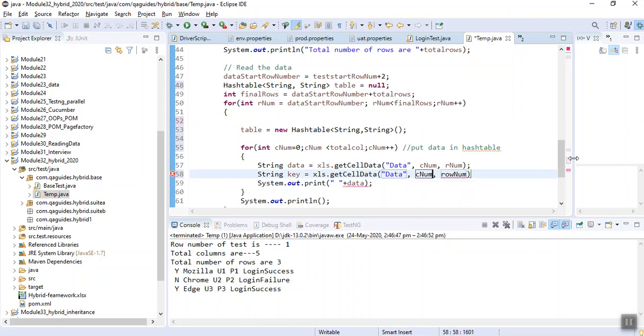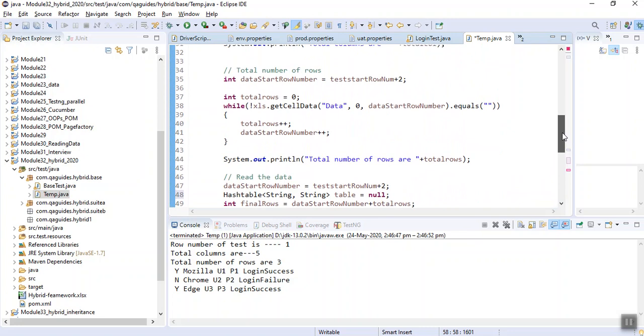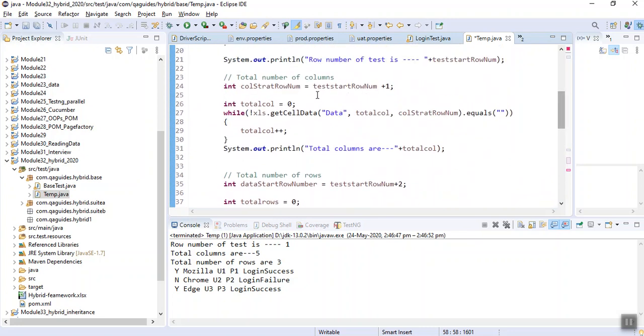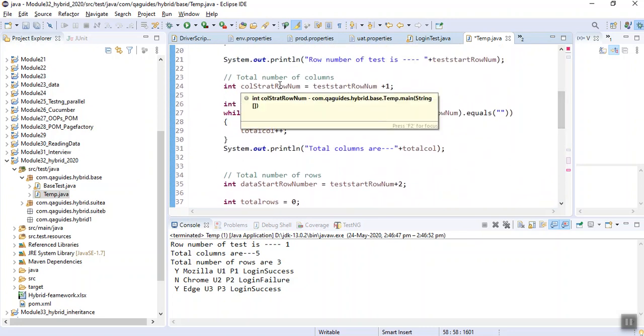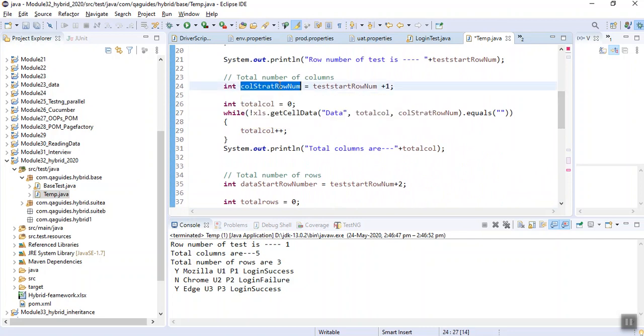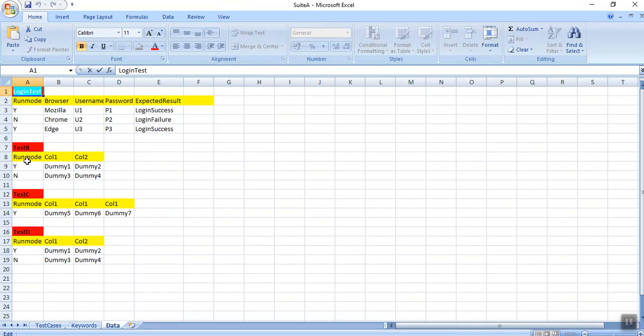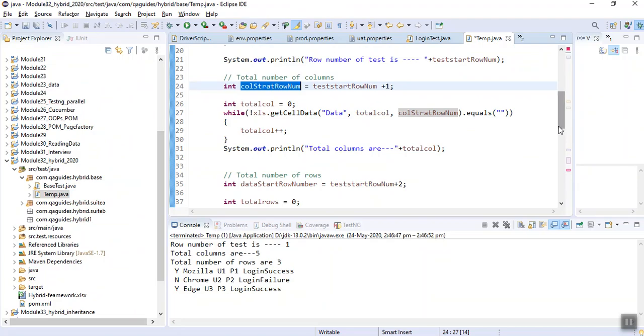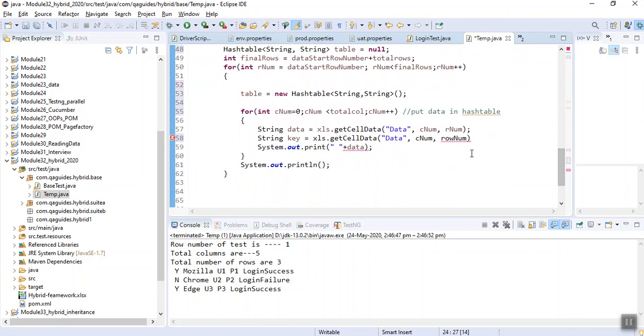What will be the row number? The row number will be column start row num, from where our column is starting. Column start is here, but we need to be from here, that's why plus 1. I have explained everything. Go through it and practice yourself. This is going to be our key.